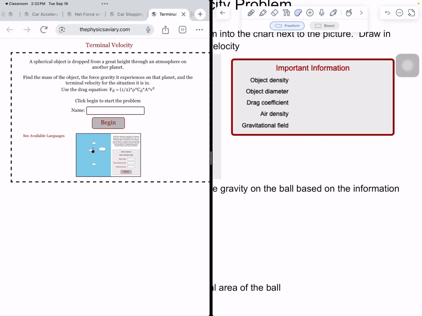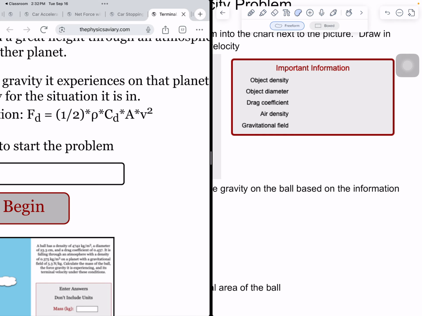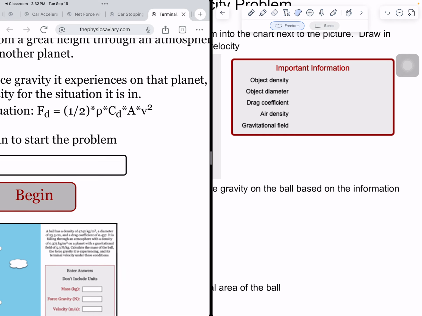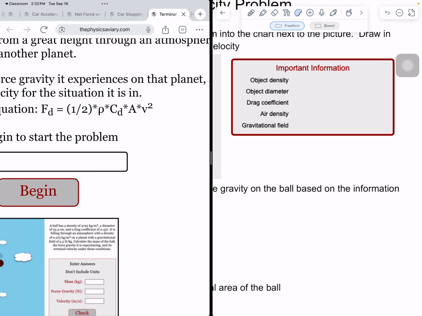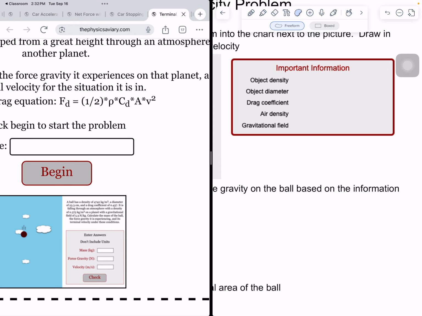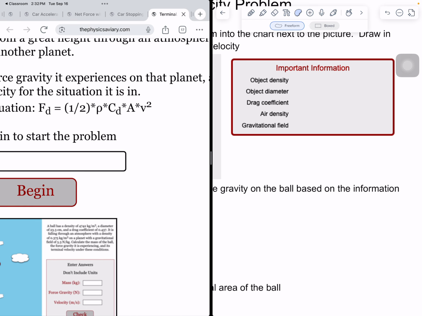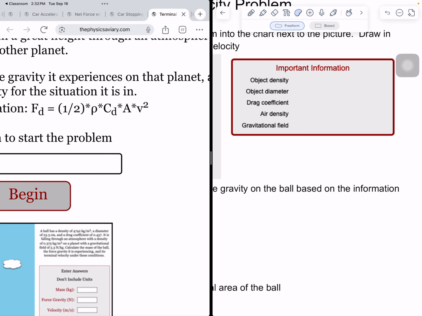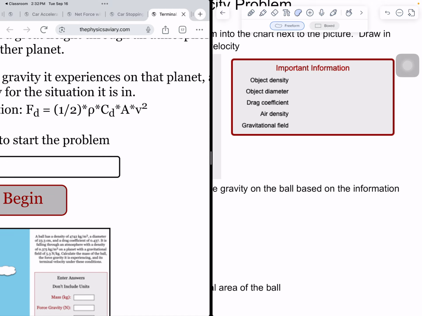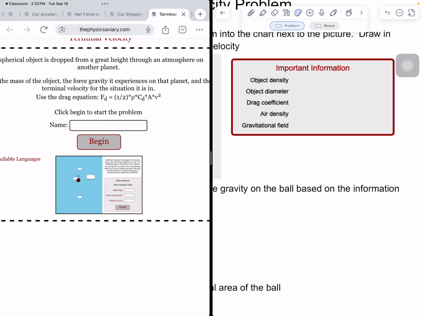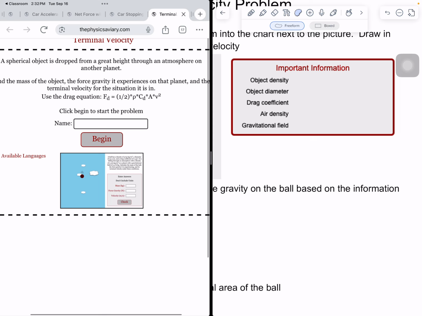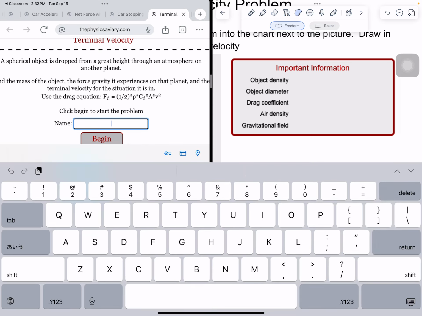Okay, we will need the drag formula, which you can see is written right here. 1/2 times rho, which is the air density, not the density of the object, times C sub D, which stands for drag coefficient, times the area, the cross-sectional area of the object, and the velocity squared. All right, so the first thing you should do, go ahead and put your name into the program,